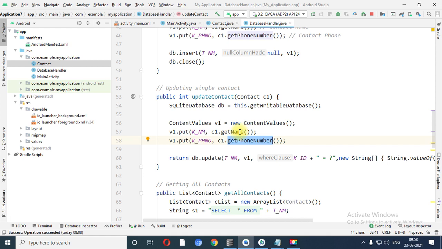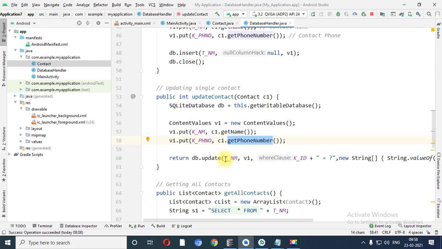So this will return Radha or 9898. Now see, db.update. So now what happens? Our new data is what? ABC and 123, right? So that is ABC and 123, not Radha and 98, but over here c1.getName will return ABC and c1.getPhoneNumber will return 123.